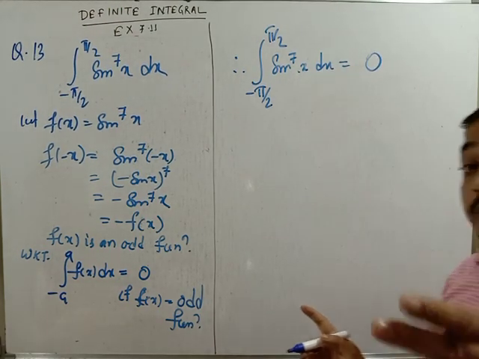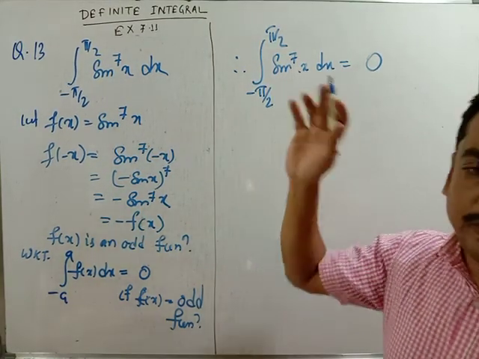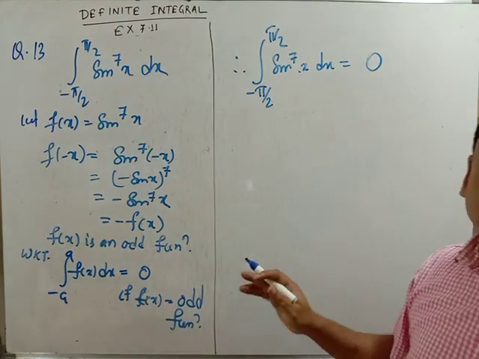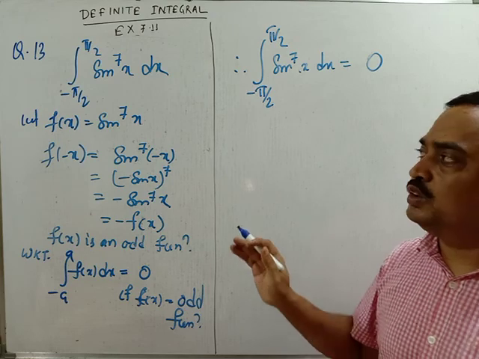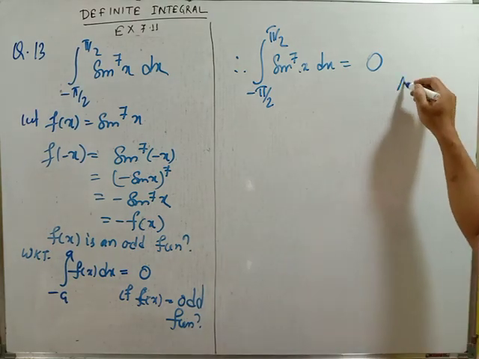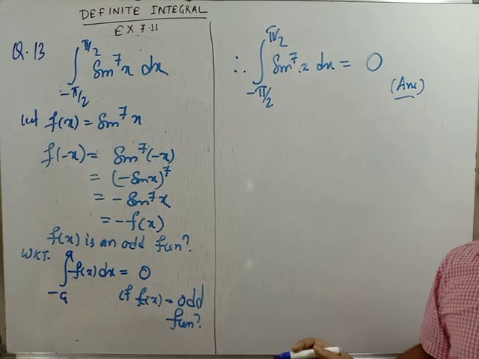Understood? Just the previous question, how we did, and this question, just a moment by seeing it, you have to write the answer. This is very, very important for your 1 mark question, MCQ question, competitive questions. So this question is very, very important. So this is another question to solve in this way. Okay, so note it.